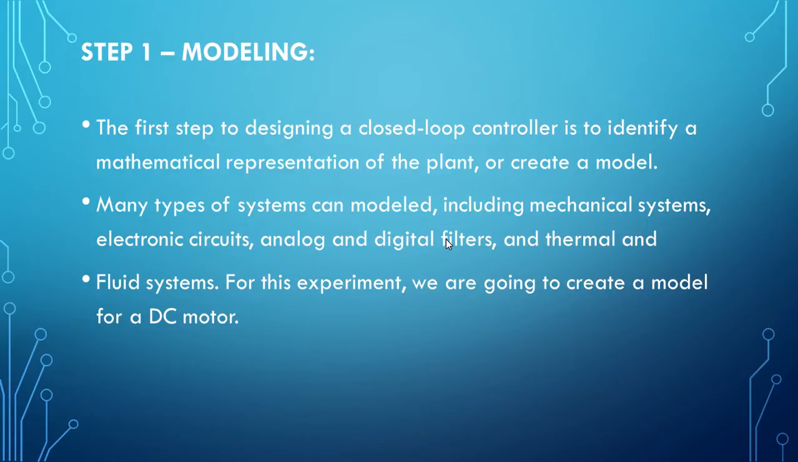This is step 1. Step 1 is modeling the process. The first step in designing a closed loop control is to identify a mathematical representation of a plant, or create a model. Many types of systems can be modeled, including mechanical systems, electronic circuits, analog and digital filters, and thermal fluid systems. For these experiments, we are going to create a model for a DC motor. The DC motor can be best represented by a transfer function. A transfer function provides a mathematical